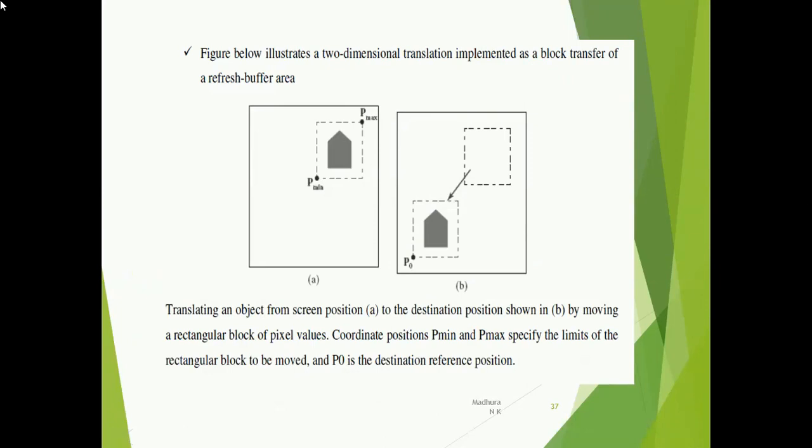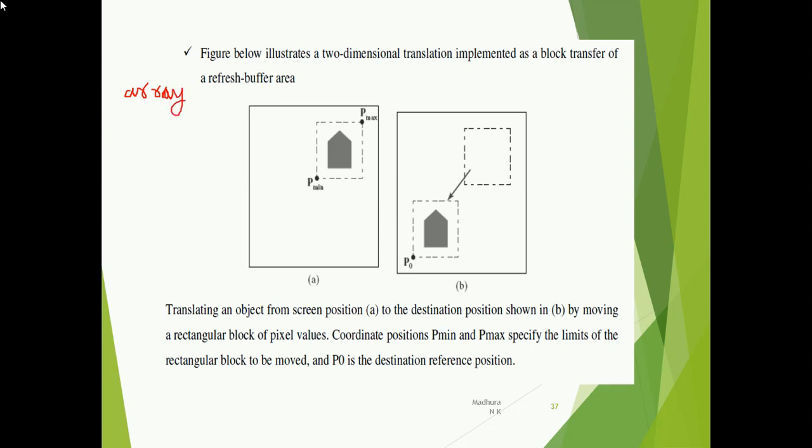So you may be thinking now how these pixel values are being stored in the frame buffer. Okay, so you have to have a certain pattern for storing as well, is it? So here in raster systems, the pixel values are being stored in the form of an array. Okay, you will be having an array of pixel values.